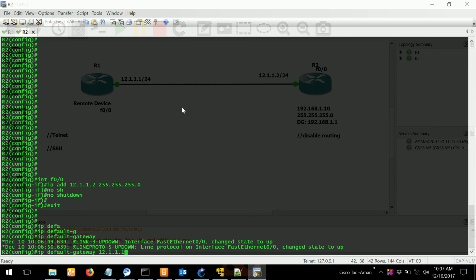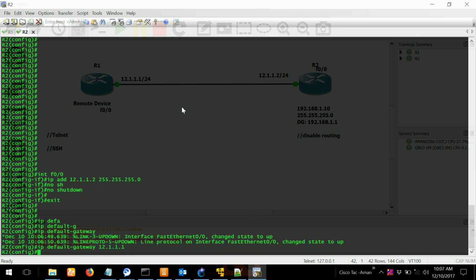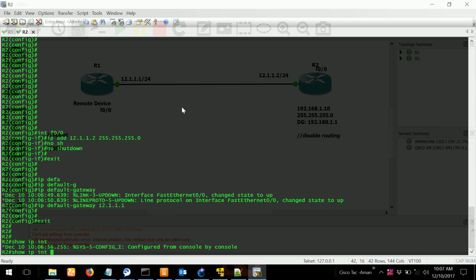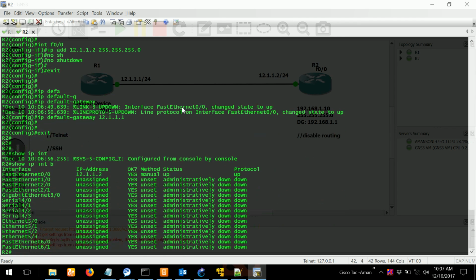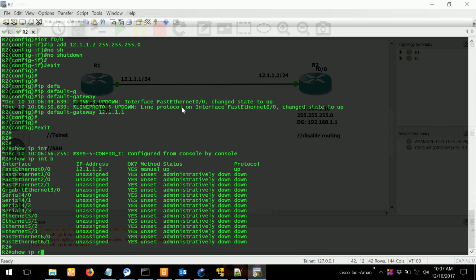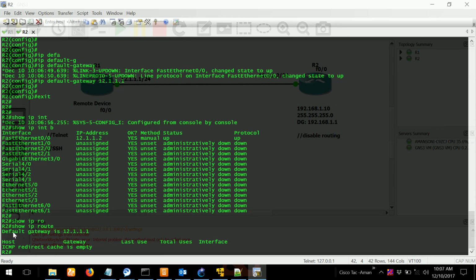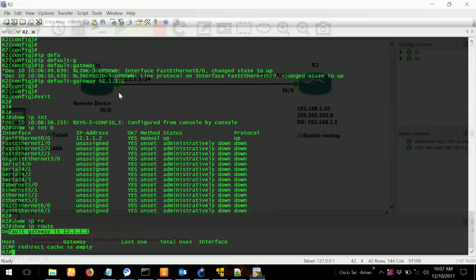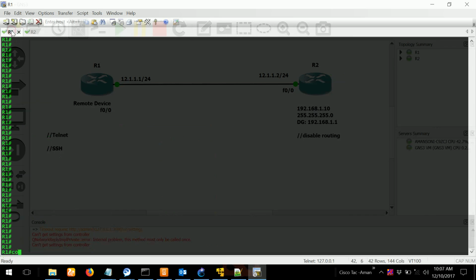Actually it is 12.111 in our case. If you want to check, same old show ip interface brief, I have the IP, and in the routing table you see that I have only one default gateway, so this device is now acting like a PC. Okay, so R1 is just a router, a default gateway for that PC.